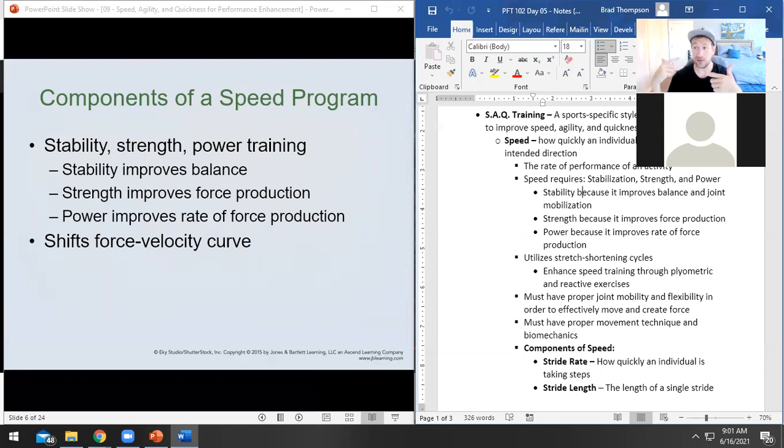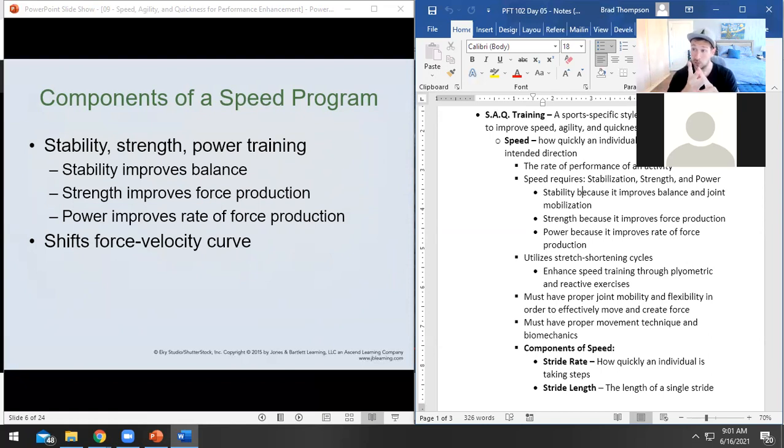And then giving me enough time to get up to top speed, I will outrun them in the end. That is sort of more of a velocity thing. That type of person needs to focus more on speed of contraction movements. So we have specific types of drills that can do this when it comes to improving speed.